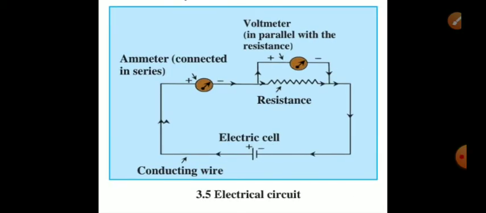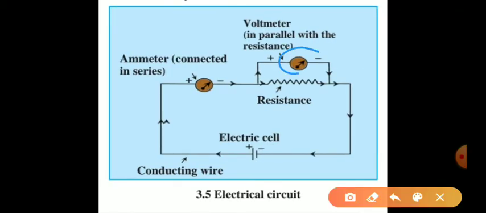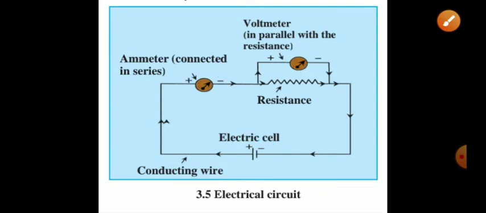You can see this is a diagram. The voltmeter is connected over here. This is the ammeter for measuring current, and the voltmeter for measuring the potential difference. And this is a cell, which is denoted by the positive and negative signs. And this one is a wire. So this is an electrical circuit. Now we'll see some symbols for components of an electric circuit and their uses.